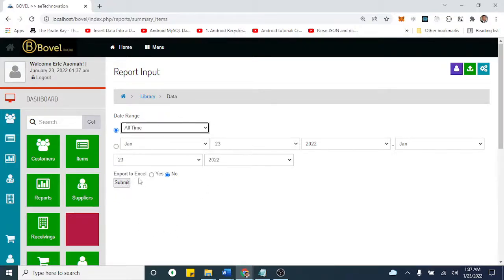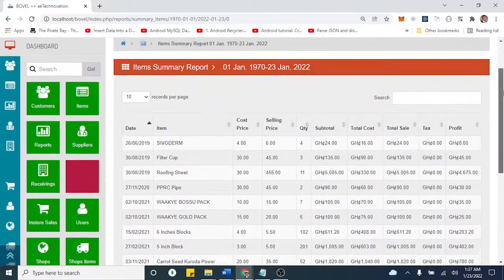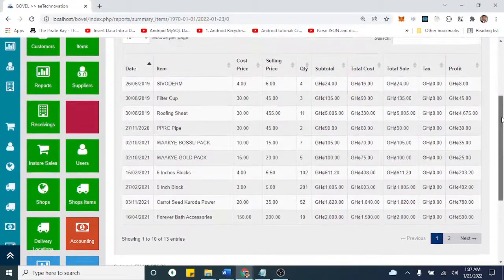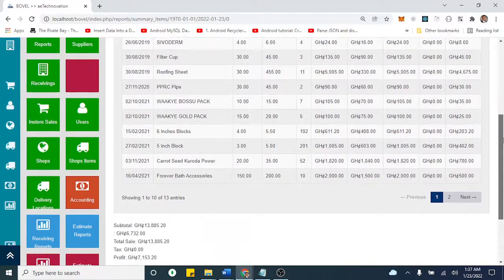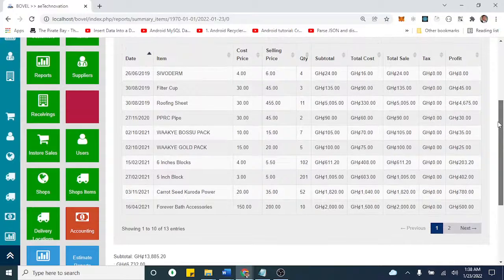So if you want to export to Excel, you choose yes. If no, if you just want to preview, you just choose no. So once you select this, no need to select this date. So you submit. Okay, so this one I've chosen all the time. Because I just saw only this today, I have not been selling much. So it is showing us